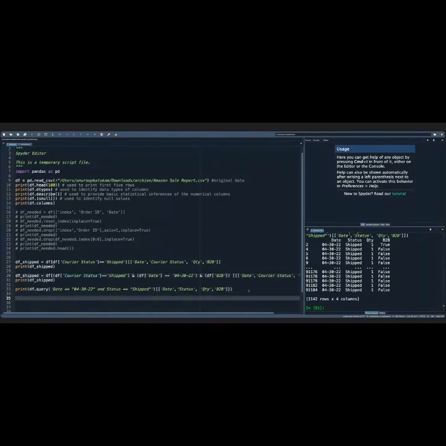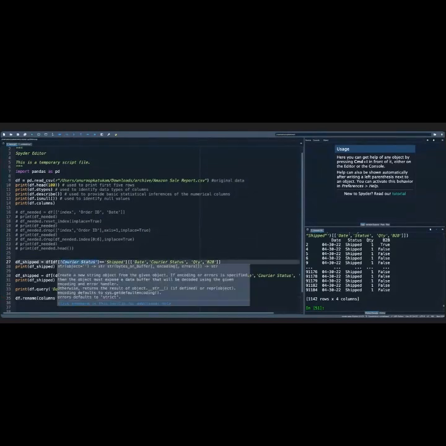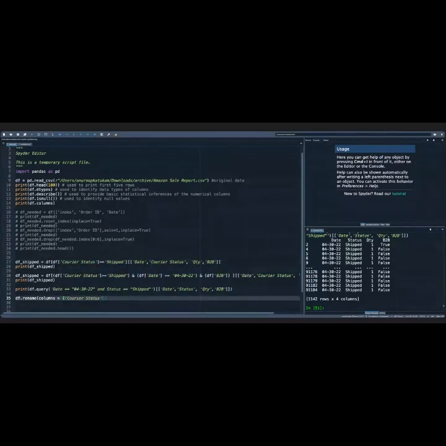So let me write that thing, df dot rename, and then inside just say what you are trying to rename. Those are columns. Then inside columns, you will just write what is the old name of the column, which is, oh sorry, it is a dictionary. Yeah. So take the old name of the column and then assign a new name. So this is my old name of the column, and then I'll be assigning a new name separated by colon, saying that I just want C status. Okay, and then I'll simply say comma inplace equals true,